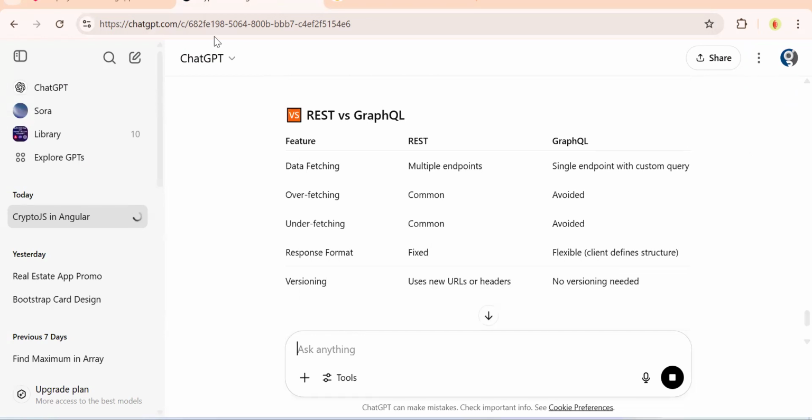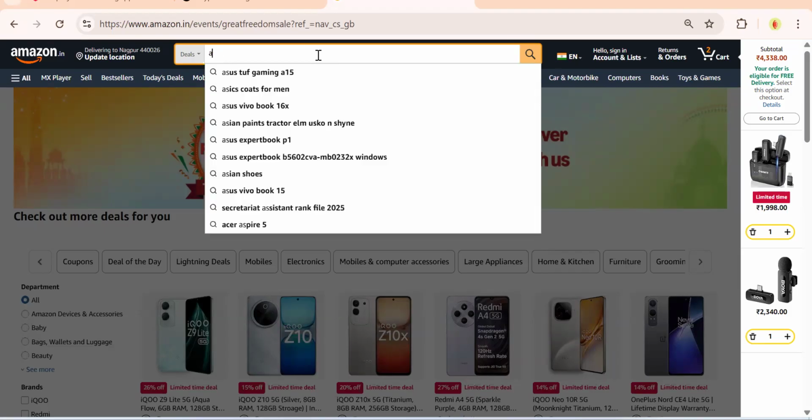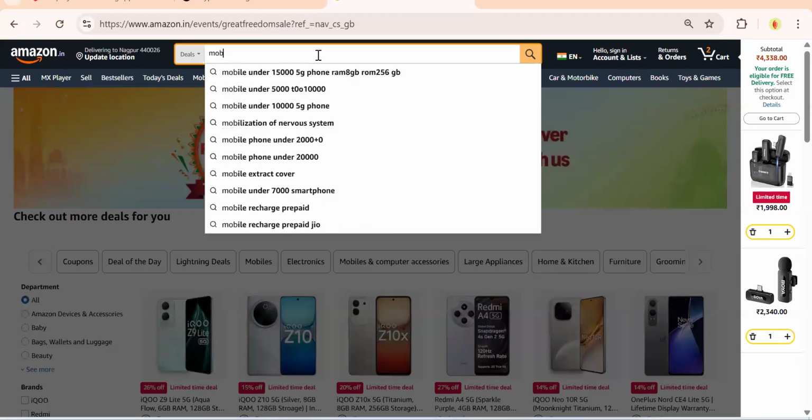See what happened with GraphQL. When you have a search box over here and you search, say I search mobile, is it actually going to the database and searching this data? Consider Amazon, used across India and the world.